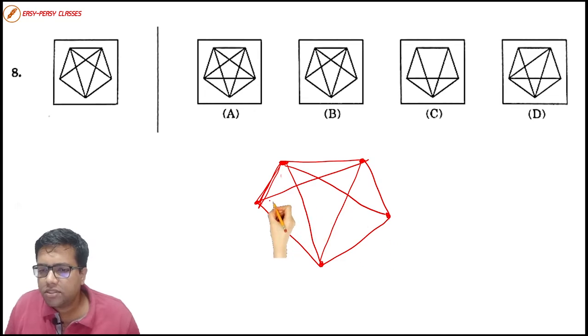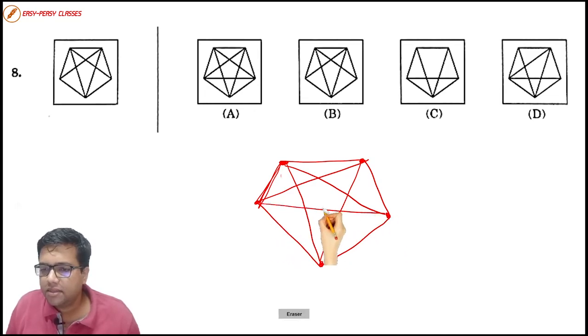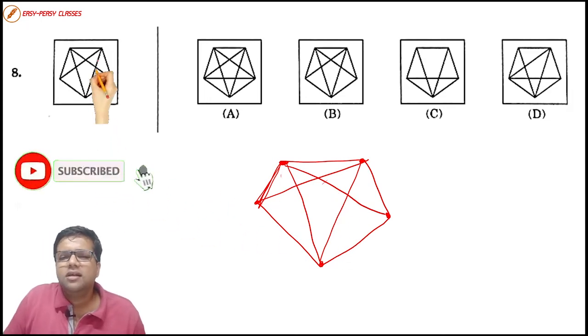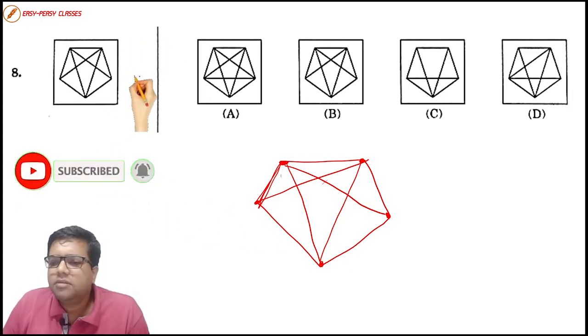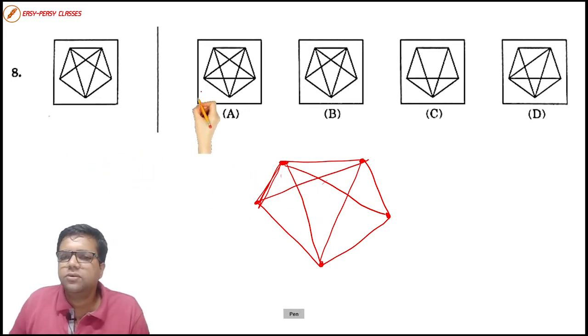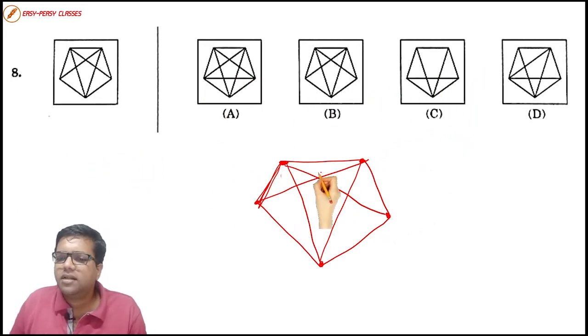These two corners are not joined. This is not there. Only this is the kind of figure we have. So if you go on line by line, it becomes complex for you to comprehend or understand, or even to look among these figures. Let us take one by one elements.